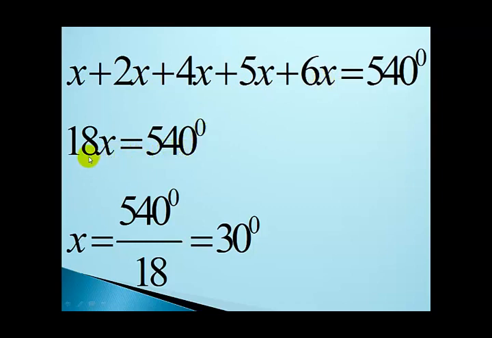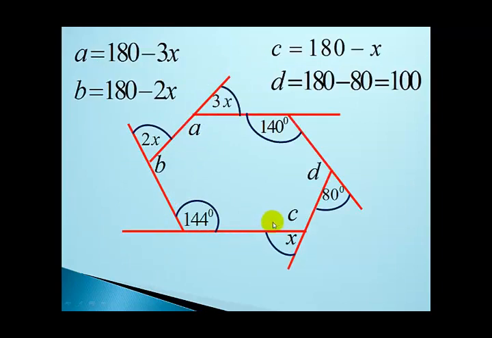Remember that we are solving for x, so we divide the left hand side by 18, and we divide the right hand side also by 18. When we divide the left hand side by 18, we are left with x, and when we divide the right hand side by 18, we are left with 30 degrees. This means that the value of x is equal to 30 degrees from the diagram in A, that is the pentagon. Now when we consider the diagram in B, we were given only two interior angles, that is 140 degrees